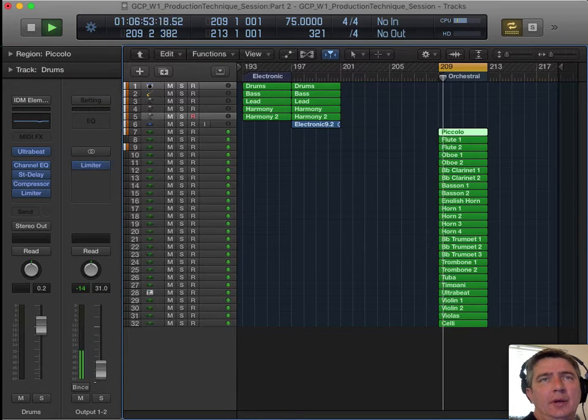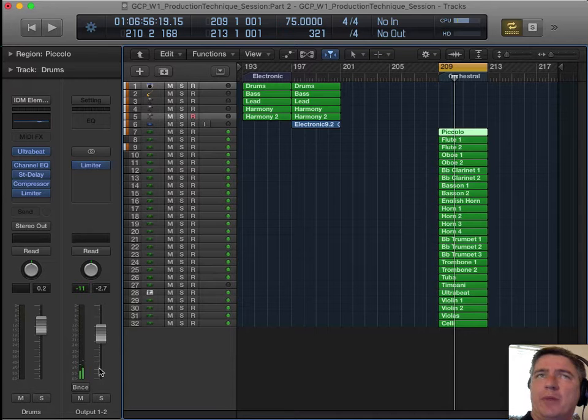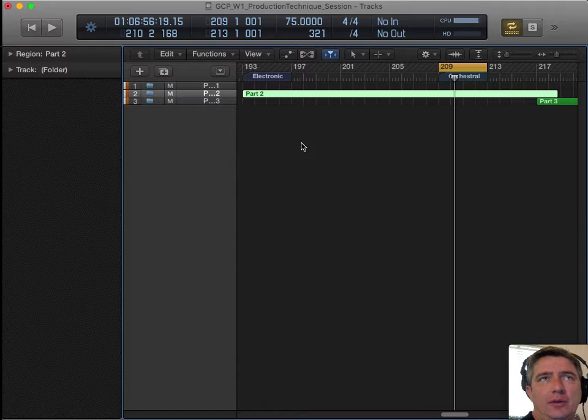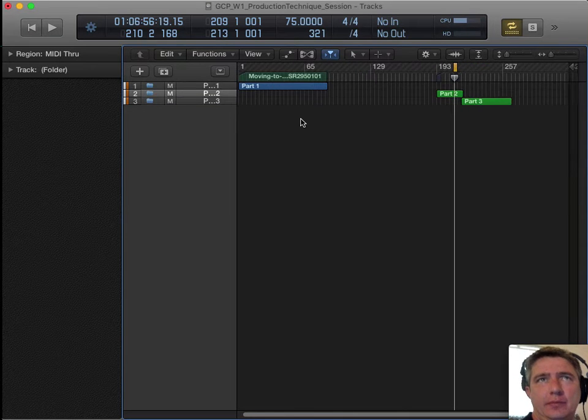There's an orchestral loop. When you stop it or pause it, it will have a whole bunch of reverb and instrument decay that gets cut off at the end of the file whenever it loops around. So use the same technique to create a seamless loop. And the third one here, when you go to part 3,